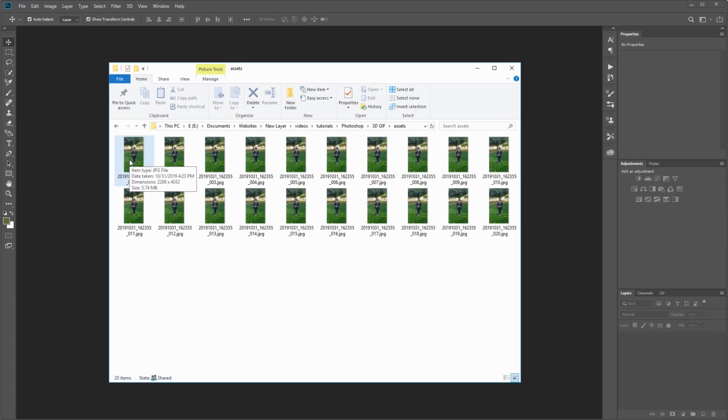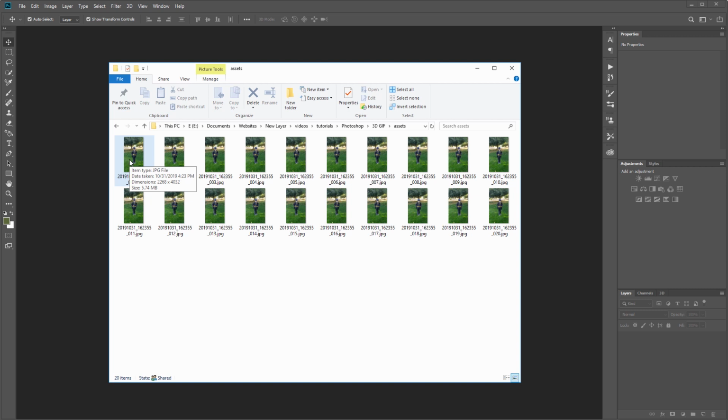In this video, I'm going to show you how to create a fun 3D animated image in Photoshop. It doesn't really matter if you have a phone or a fancy DSLR, the techniques used are still the same. Let's get started. So I've already taken a series of images on my phone using burst mode, and burst mode